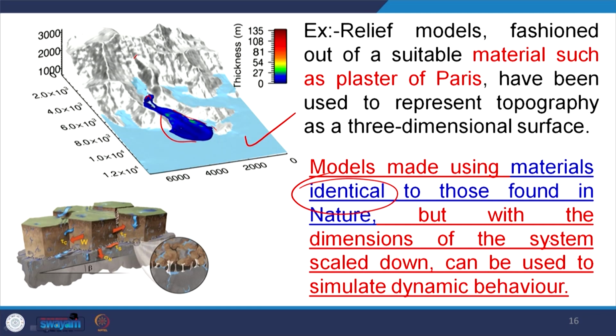So, if I prepare a model and throw it somewhere, it becomes a toy, it is of no use. So, that means the model has to be dynamic, like the geomorphic process, a glacier is moving. So, that means in a model, whatever represents a glacier must also move at that particular rate at which the glacier is moving.